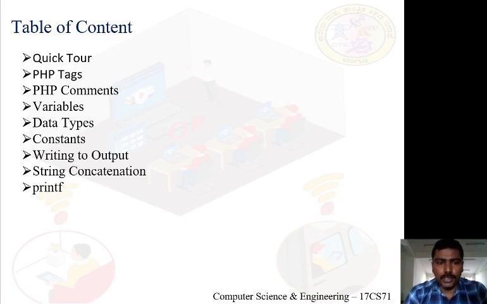Next, what is a constant? Next, when a PHP script executes, it may generate some output. How can that output be sent to the client? I mean, how will that output be returned to the HTML document? Got it? So what is the statement available in PHP to write output? Next, let me have a discussion about string concatenation. Suppose we have two or more strings. How to concatenate those strings? What is that concatenation operator?